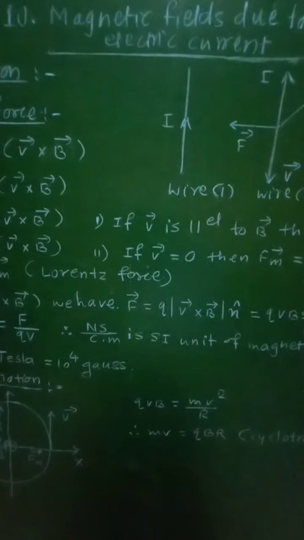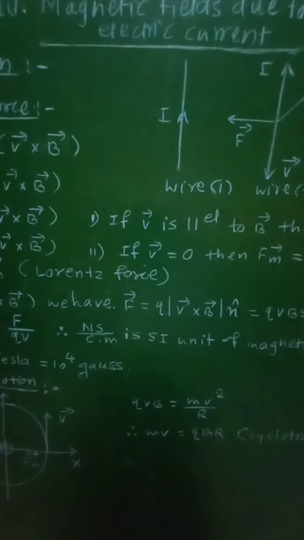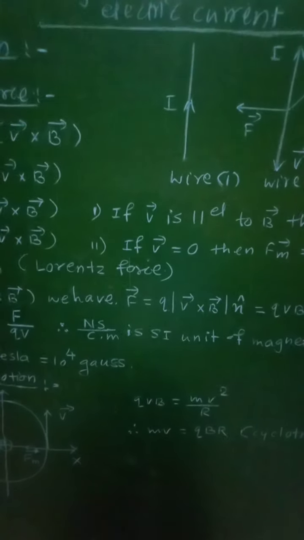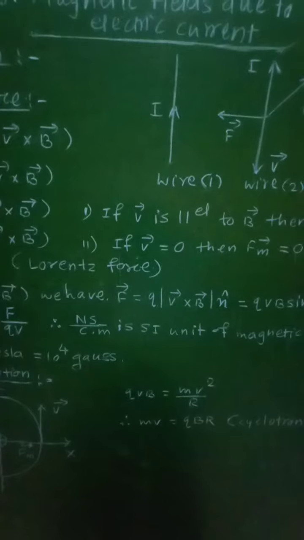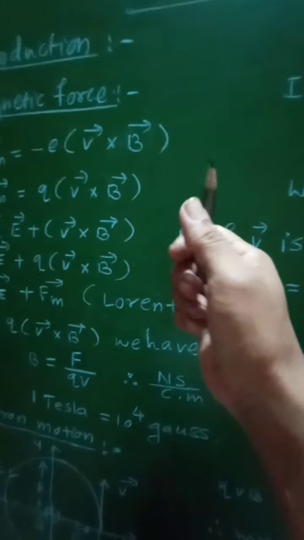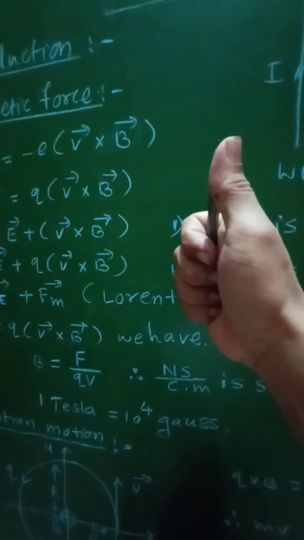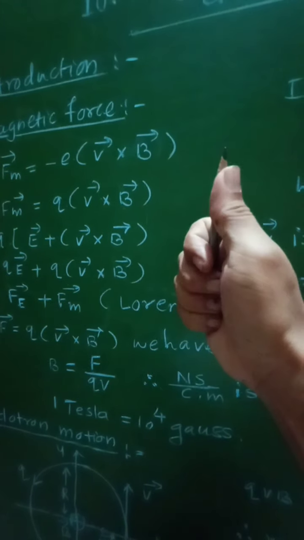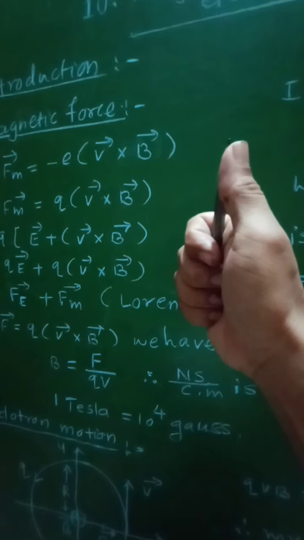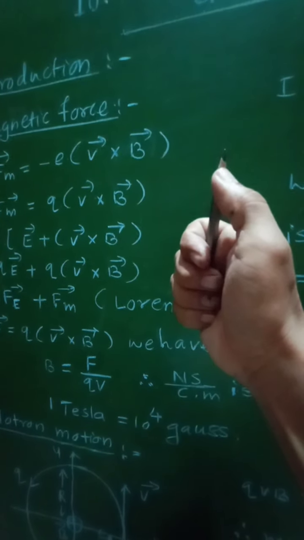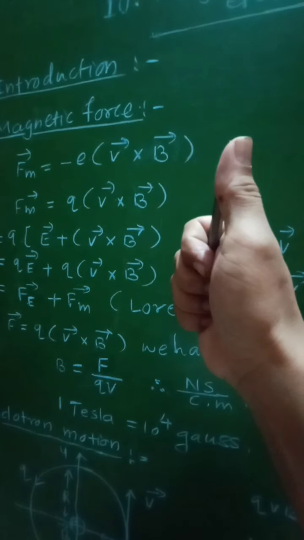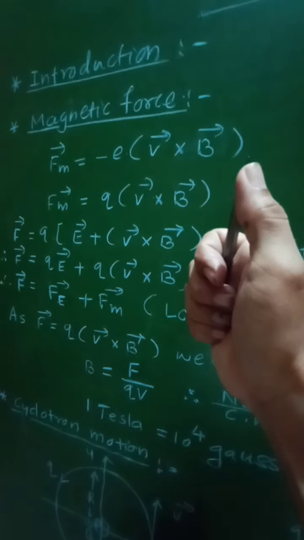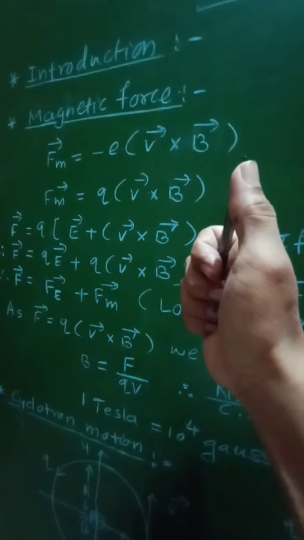Similarly, when a current carrying conductor or wire is held in our right hand with the thumb pointing in the direction of current along the length of the wire, then the curled fingers around that wire will show the direction of magnetic field. That means if any current carrying conductor is held in our right hand such that the thumb is stretched along the length of the wire and the fingers are curled around it, at that time if the stretched thumb indicates the direction of current flowing through that conductor, then the curled fingers will indicate the direction of magnetic field.